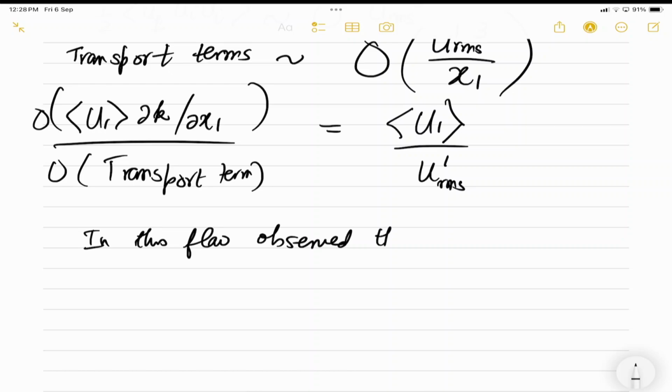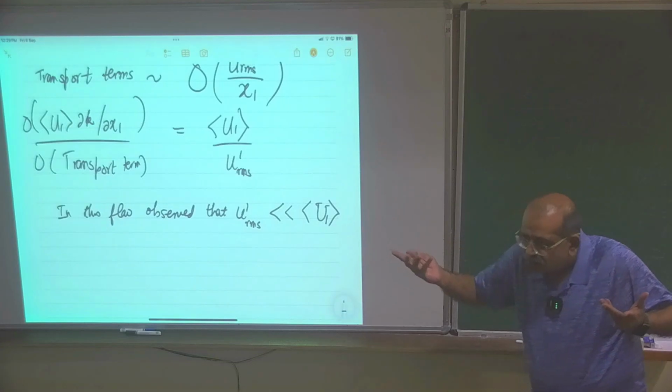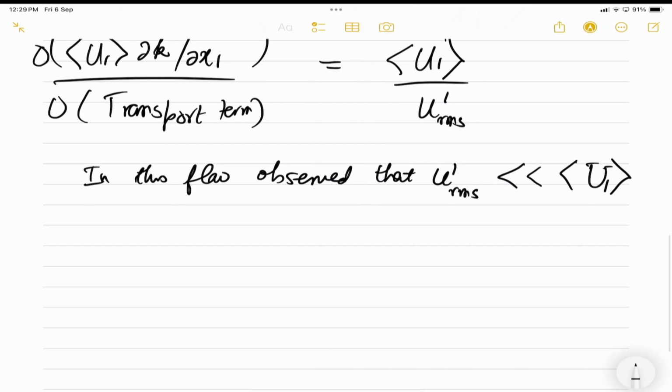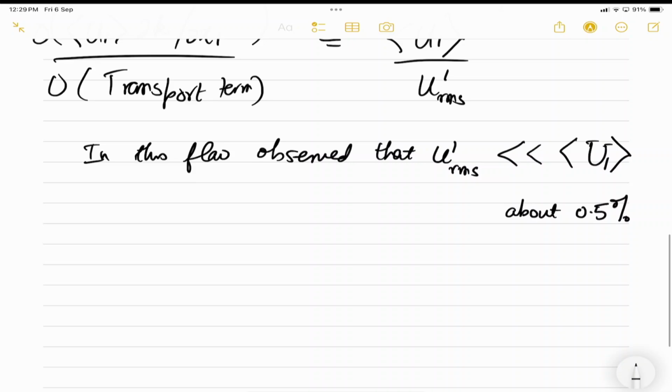that u prime RMS is much less. Somebody may have an objection to much less than, it is about 10% or so. So let's use it freely, is less. And in fact, it's not even 10%. My notes say it's about 0.5%. And this L which we say, so therefore,